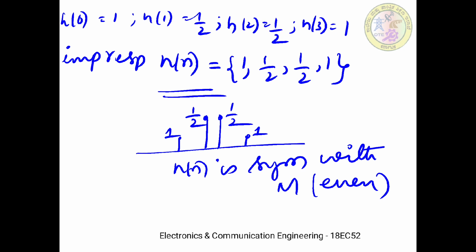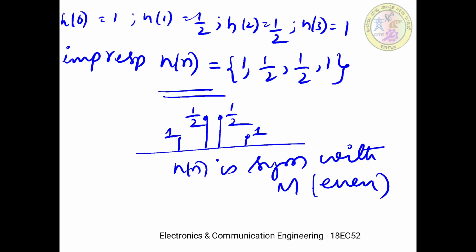Now as the impulse response satisfies the symmetry condition, with length M equal to 4, it is further possible to realize it with a minimum number of multipliers. So let us go for the